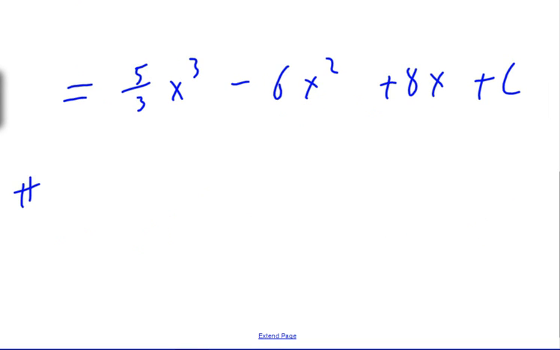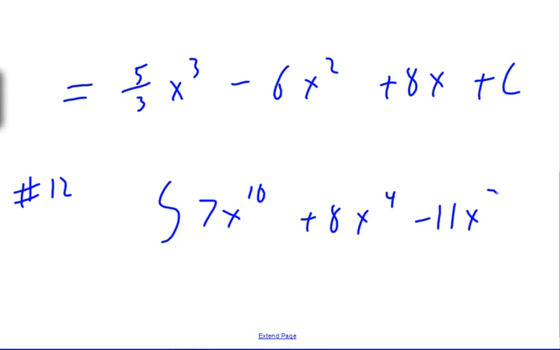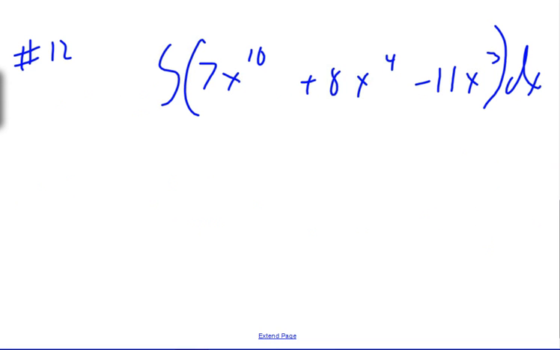Do it again. Number 12. Integral of 7x to the 10th plus 8x to the 4th minus 11x cubed dx. Sometimes those parentheses we don't put in, they're implied because there's an integral sign at the beginning and a dx at the end, but I put them in anyway, equals